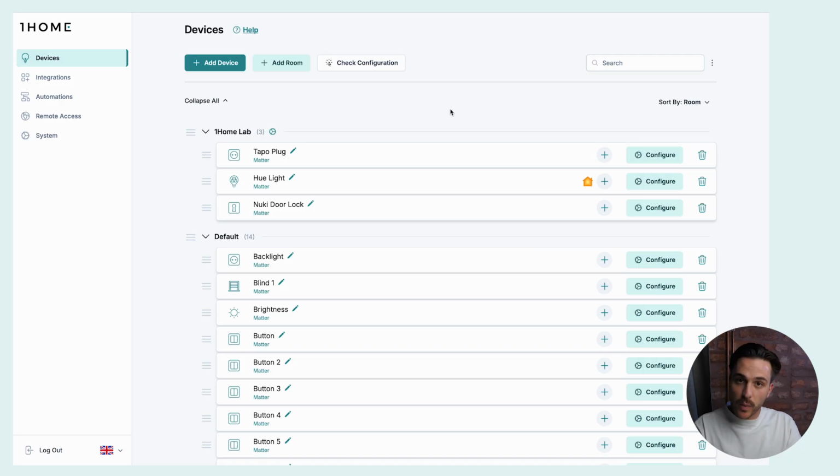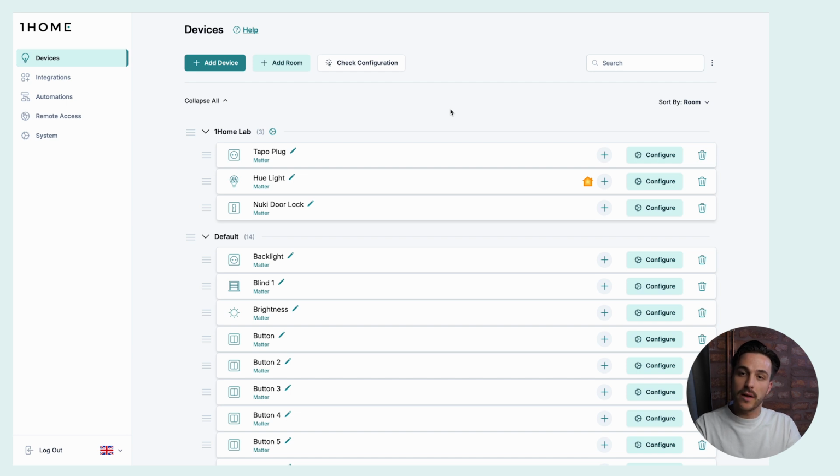Now the mapping is complete and we can enjoy controlling our KNX light with our IKEA remote control. There we go. Simple as that.